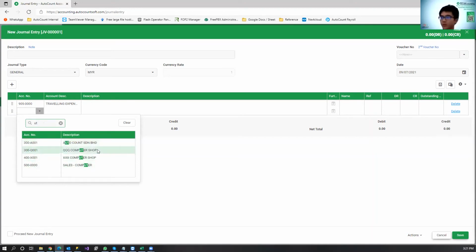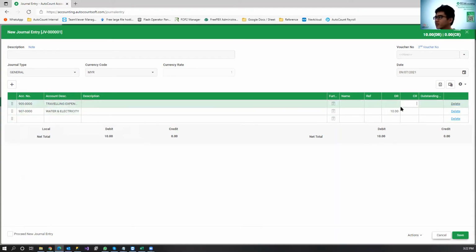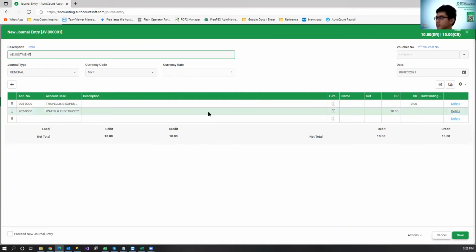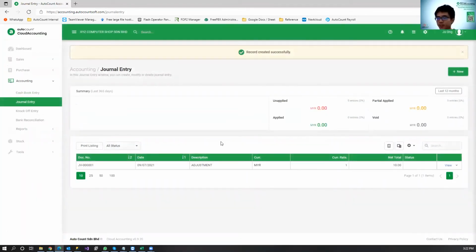Just now, sorry, that one is water and electricity. Okay, so maybe just now you put it wrongly, you calculated wrongly. There's actually a 10 ringgit adjustment here. You want to move the amount from this account to that account, you can just create a journal, put this one called adjustment. You can just type in your description, you select your accounts, you key in your debit credit, and you just save. Okay, it's pretty straightforward.